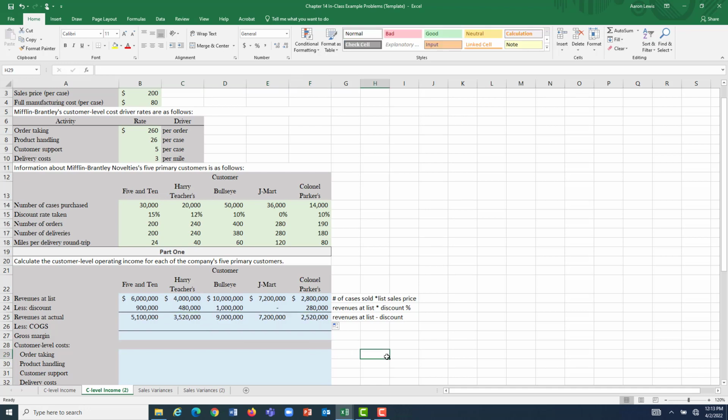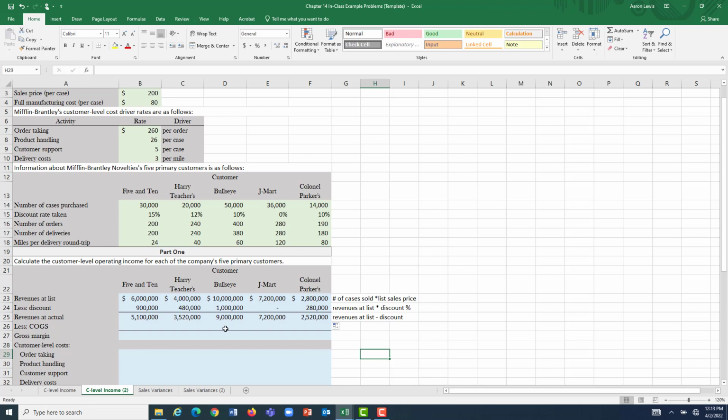Bullseye, getting $1 million off of $10 million of list revenues means they actually only caused us to generate $9 million in revenues. J-Mart's revenues at actual are exactly the same as the revenues at list because they didn't take advantage of a discount. And Colonel Parker's got $280,000 off of what could have been $2.8 million in revenues. So our actual revenues realized from that customer is